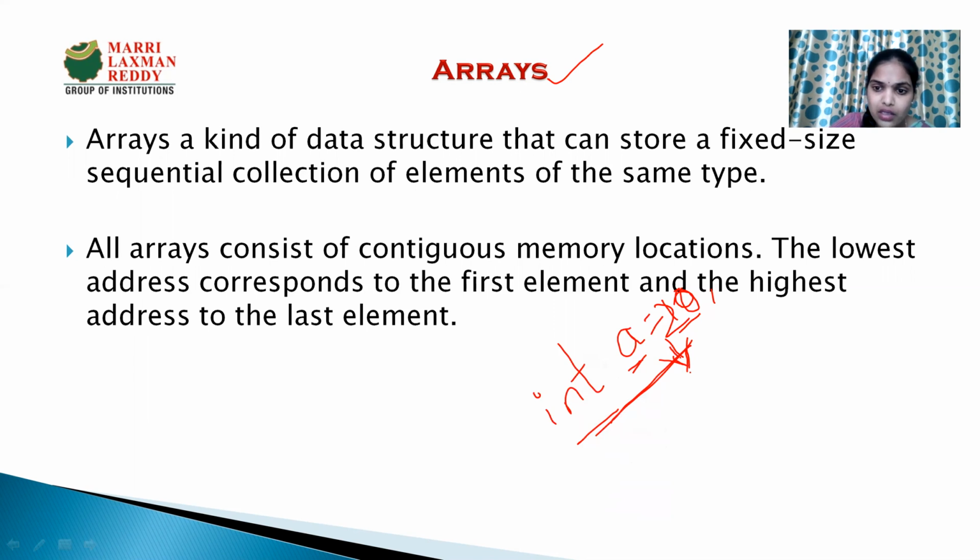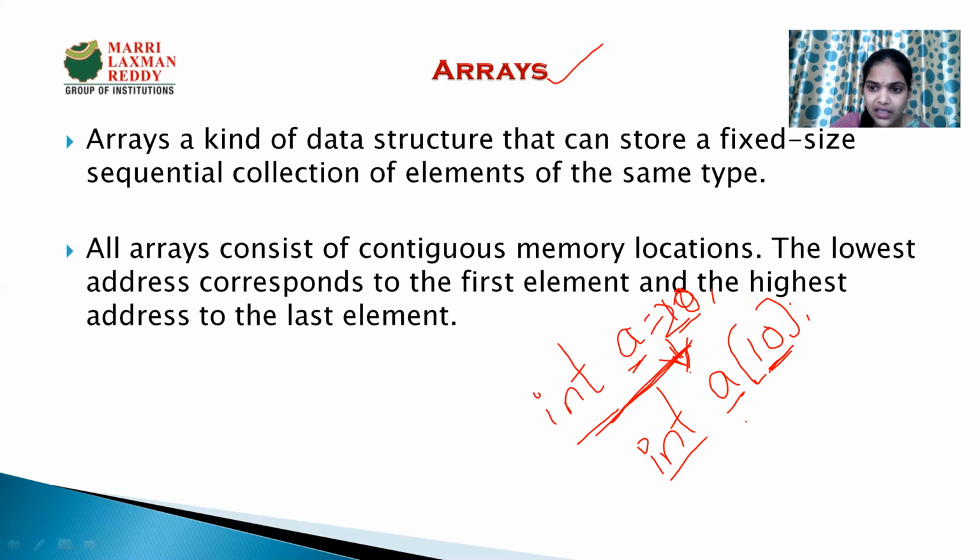Suppose this is the normal declaration. If I want to hold more than one value, I declare a single dimensional array like this. Here, a is an integer variable which holds only integer values, and it holds a maximum of 10 values. I can store 1 value, 2 values, 3 values, 4 values, up to a maximum of 10. It means an array is a homogeneous collection of data elements. Here homogeneous states that the elements are of the same type, depending upon the data type we use.